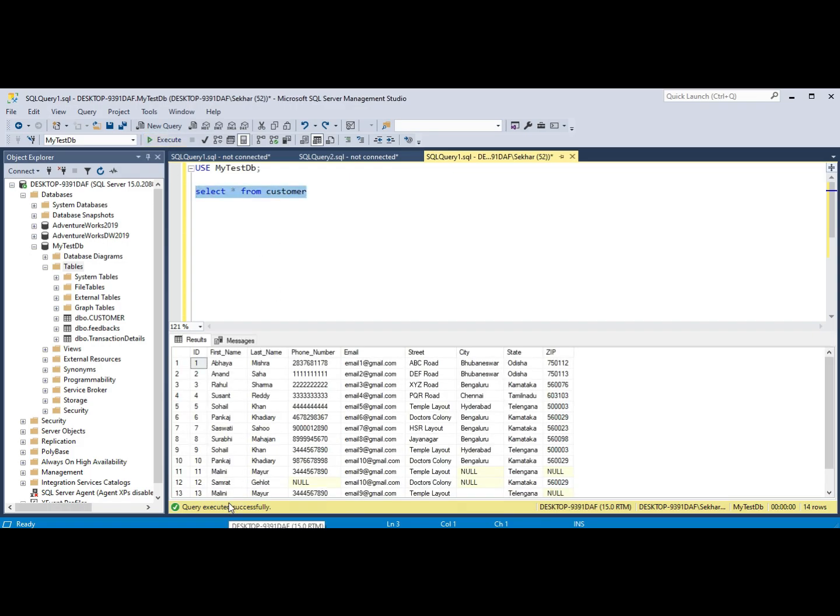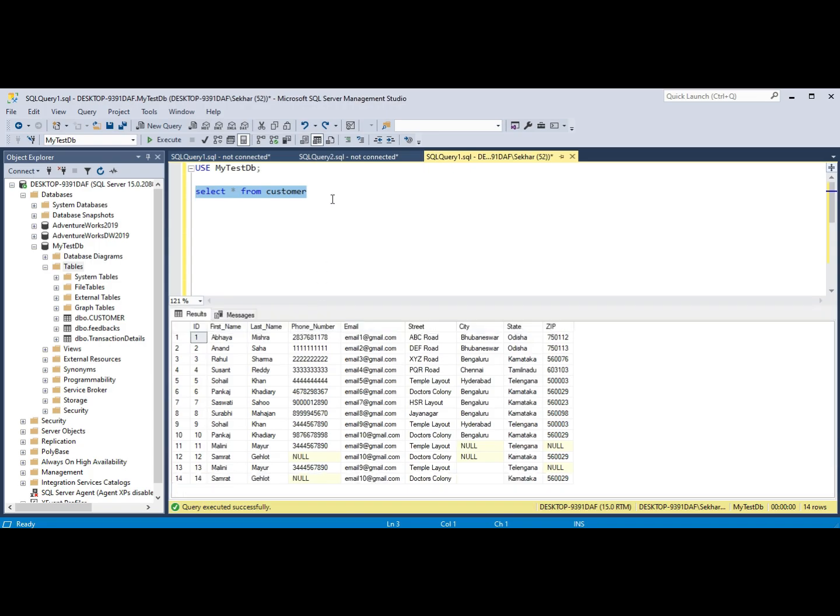Let's see. We have this table in which we have 14 rows, and we want only a few records out of this table based on an IN condition.